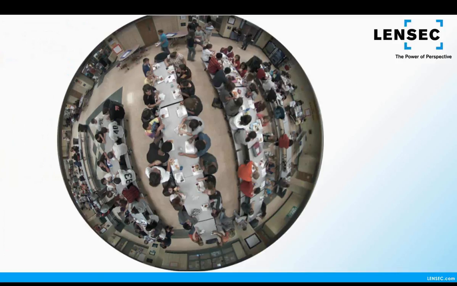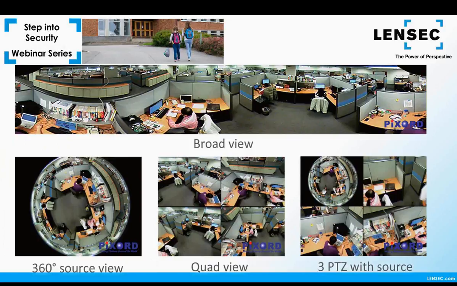This is a school cafeteria. You can see that adequate coverage can be achieved to cover the entire area with one camera. This is a 360-degree camera that's been configured to cover the entire cafeteria area with just one camera view. With the advancements in these cameras in recent years, one camera stream can be set up in a quad view format. The 360-degree view is de-warped in the camera, and it provides a standard view without distortion.